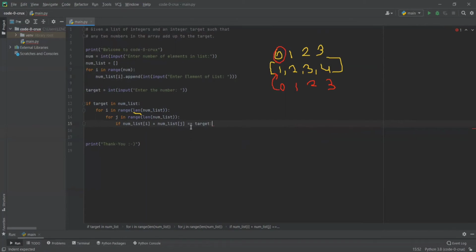When I is 0, J will go on to check all 4 values: 0, 1, 2, and 3, because this for loop J is under the parent for loop. So this is the outer for loop.